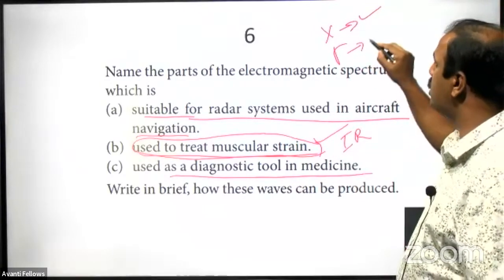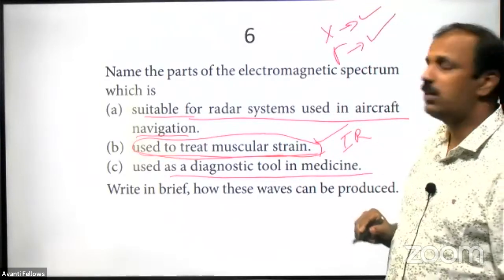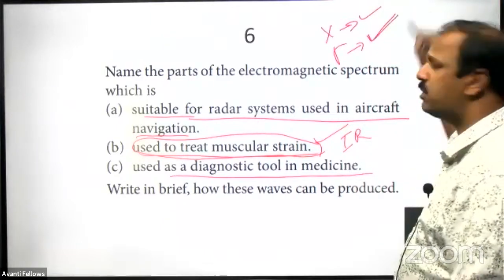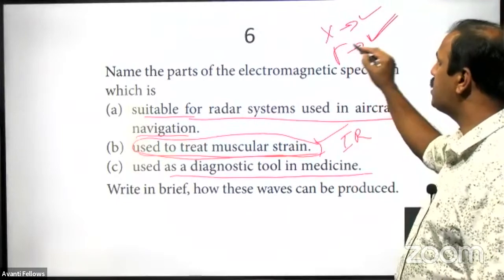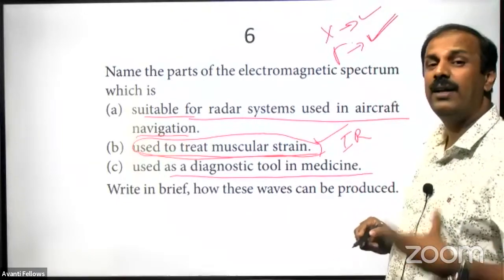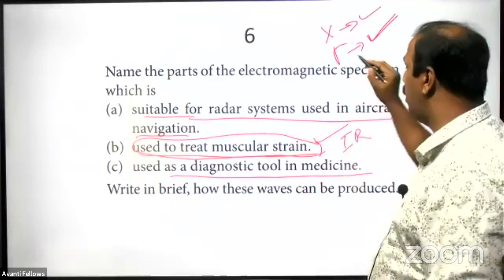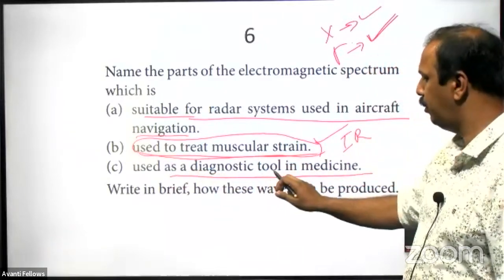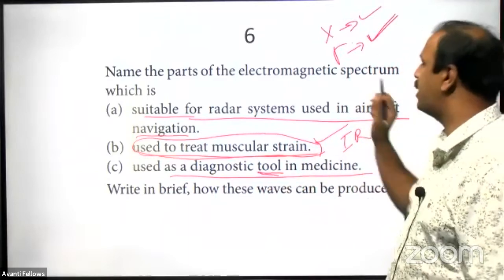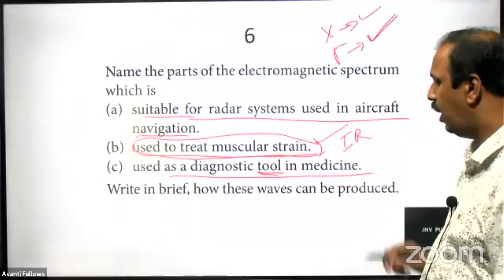And gamma radiation is also used in the medical field. How this gamma radiation is used, we also discussed in the morning session. That is, gamma radiations are used for cancer treatment. For radiation treatment, gamma is used. But here it is clearly given used as a diagnostic tool. So for diagnosis, we are using X-ray only. Okay. Now,